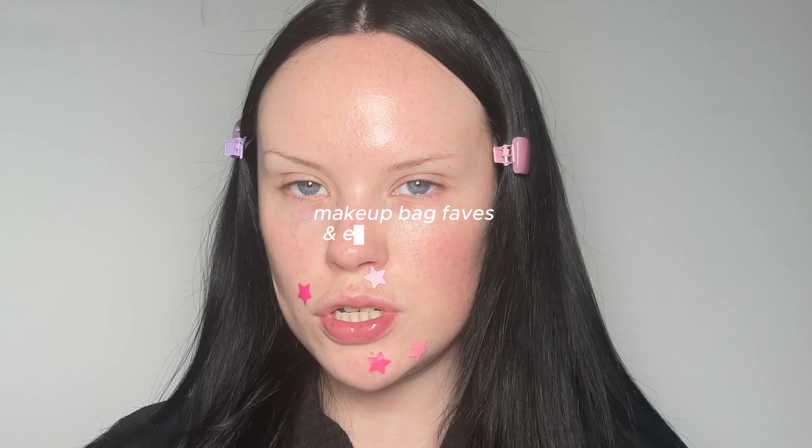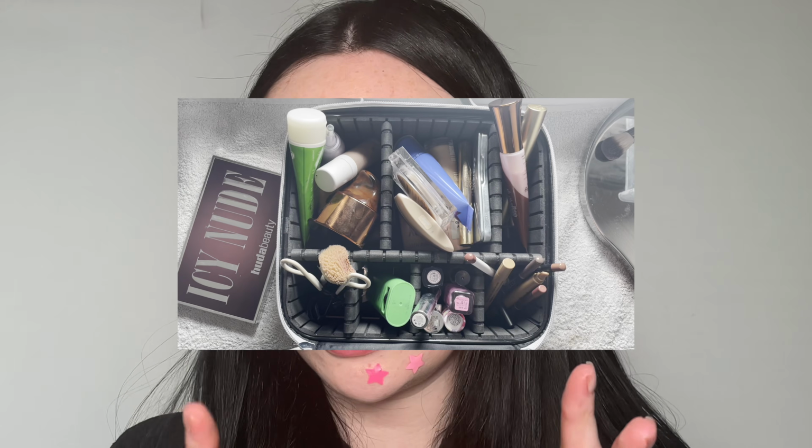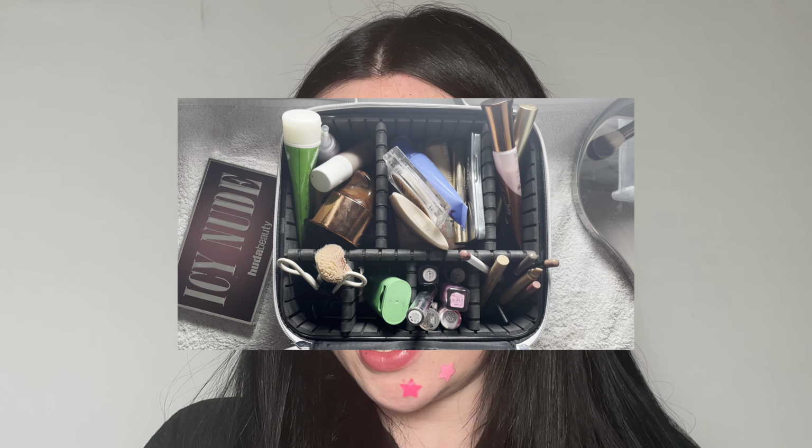Hi people, it's been a while since I did an everyday makeup routine, so I thought I would do an updated one for you slash what's in my everyday makeup bag. I do a variation of this look depending on how much time I have, where I'm going, what mood I'm in, but I generally do this exact makeup at different levels depending on those circumstances. And these are also just products that I love and have been loving for a while, which we will